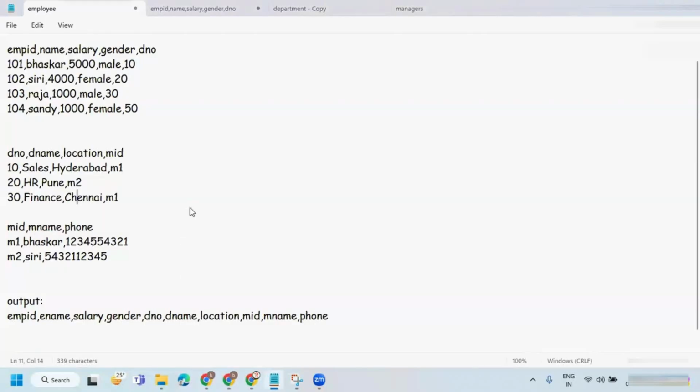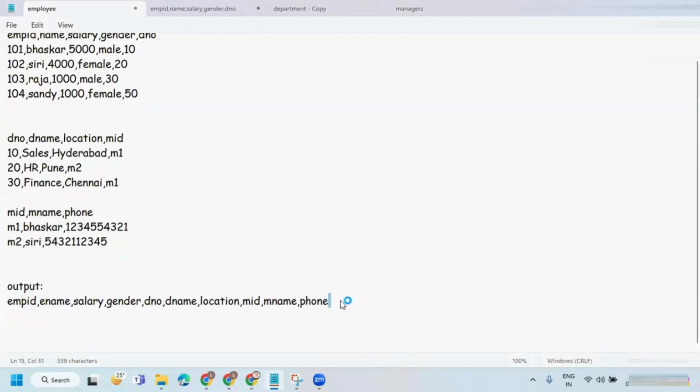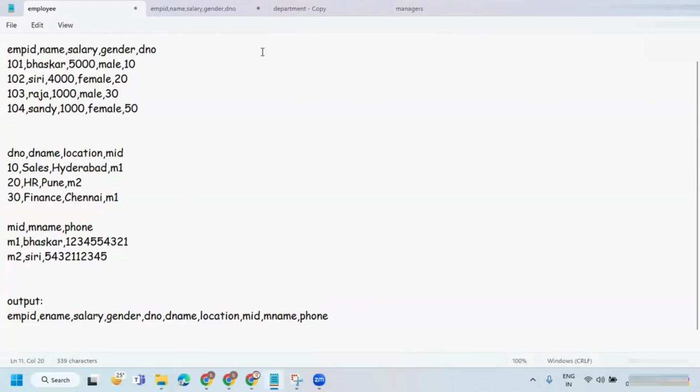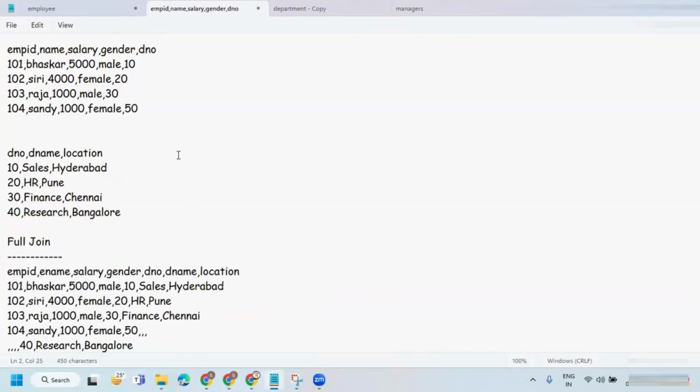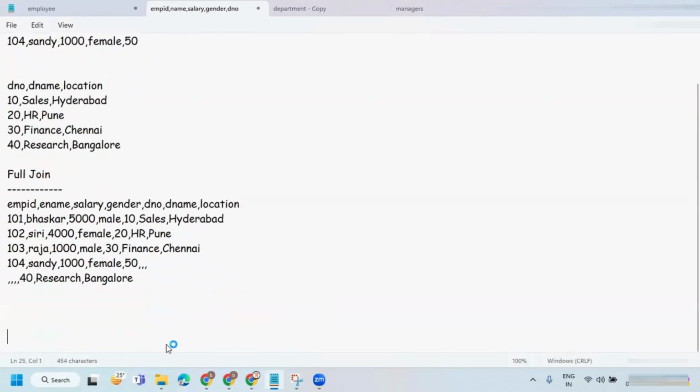So that is one output. And previously we got some output here, right? As an extension to this, I wanted to say, is the employee an active employee or inactive employee? I wanted to keep a status, and how you want to define the status, you can define.